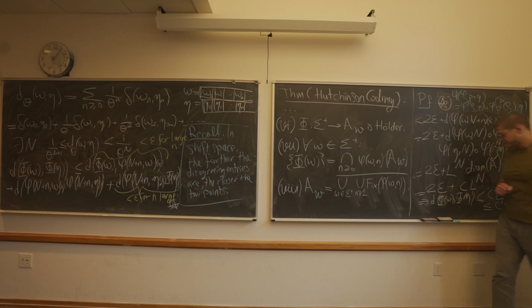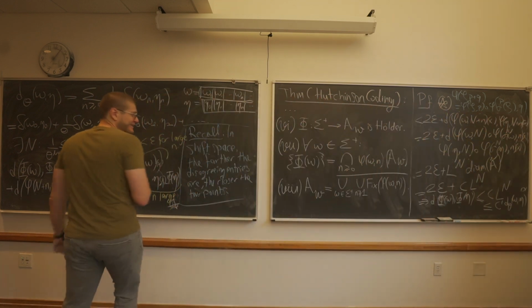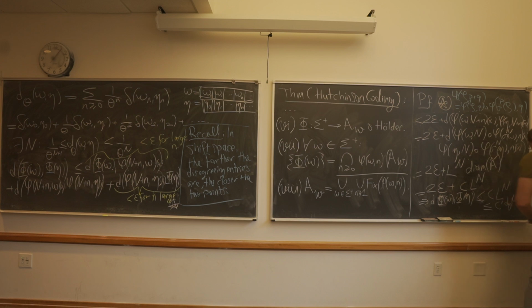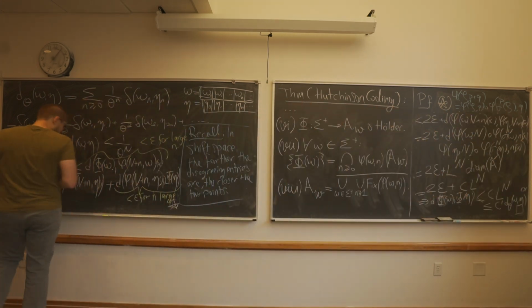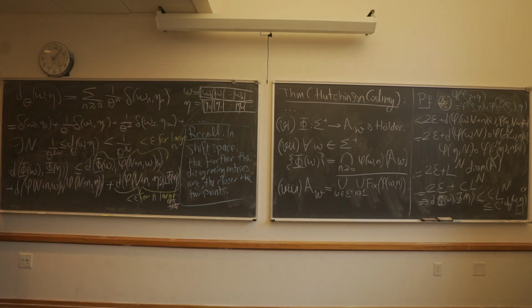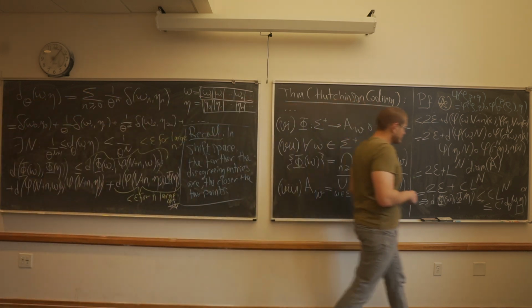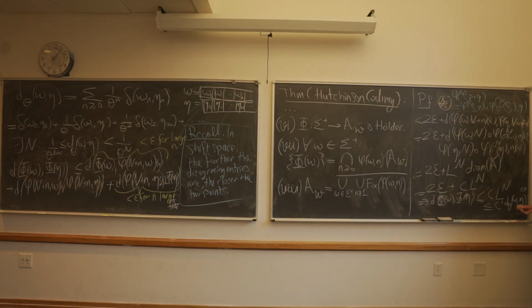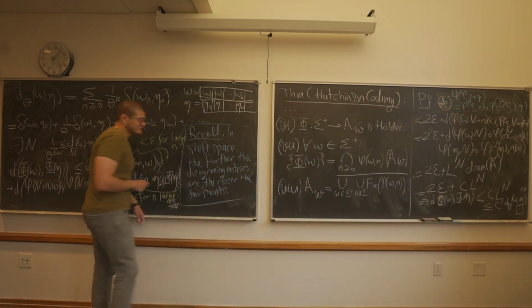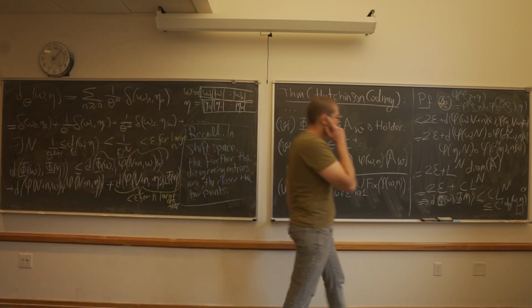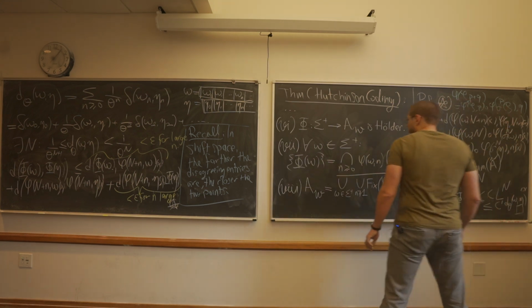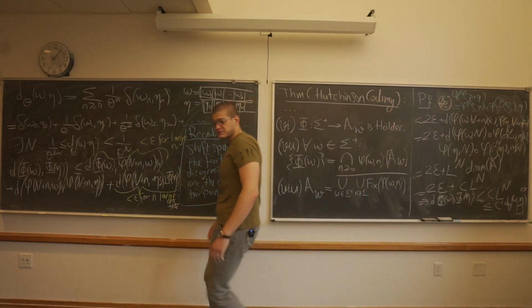I feel like I cheated here a little bit, but it is true. I can empathize with you. If I was listening to this argument and if I weren't very comfortable with this type of stuff, I would feel cheated by what I did over here, but maybe we can discuss that later. But any questions apart from that? It's ultimately a technical trick. Okay, so that shows that this is a Hölder function.